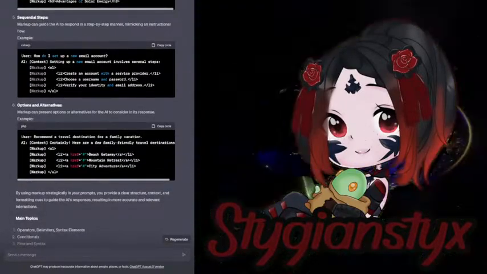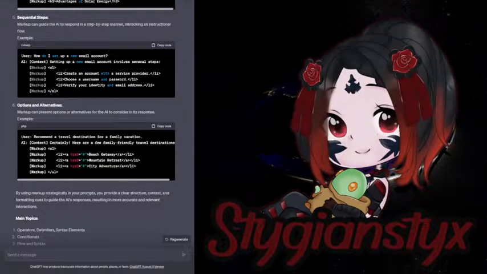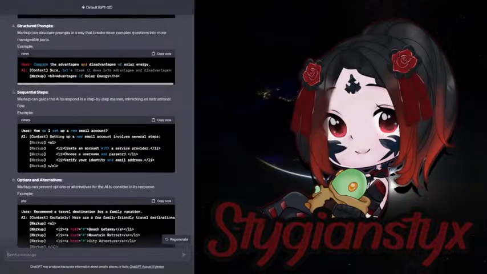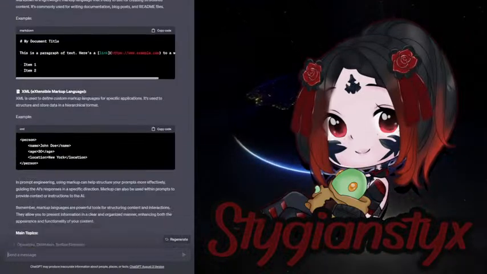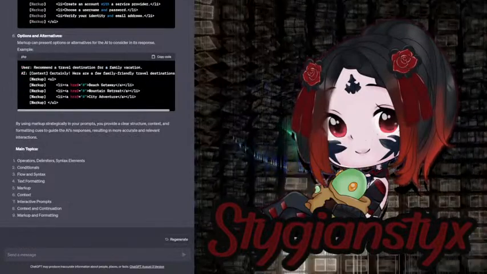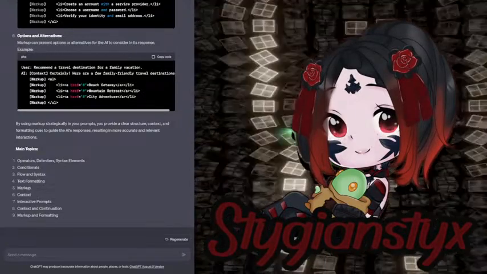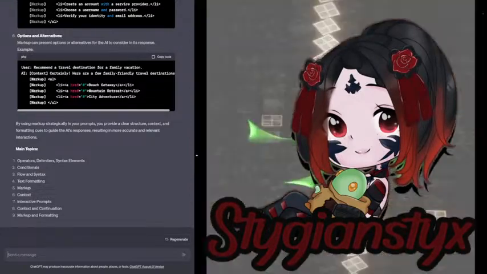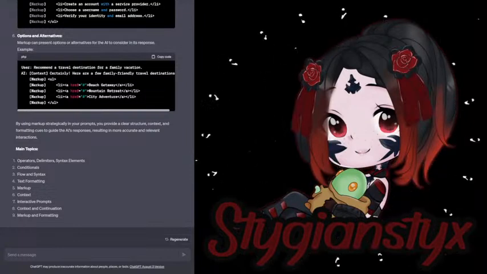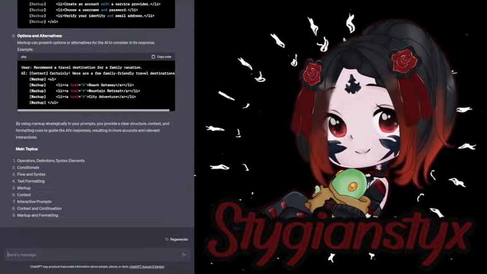Sequential steps. Markup can guide the AI to respond in a step-by-step manner, mimicking an instructional flow. Example: User: How do I set up a new email account? Context: Setting up a new email account involves several steps. Markup: <ol><li>Create an account with a service provider.</li><li>Choose a username and password.</li><li>Verify your identity and email address.</li>